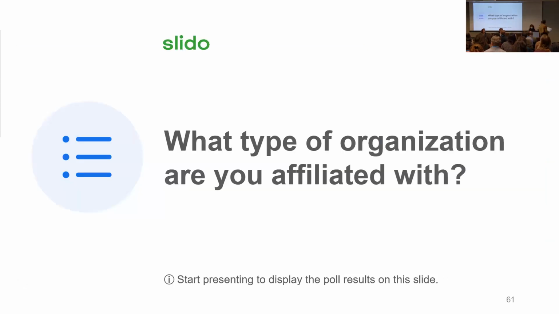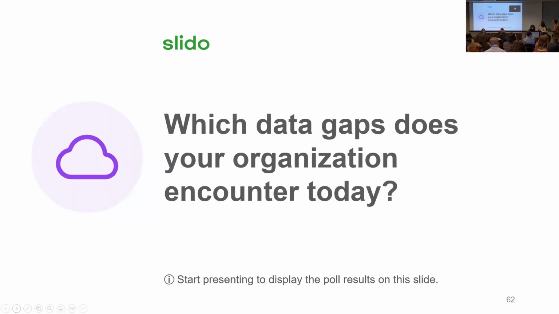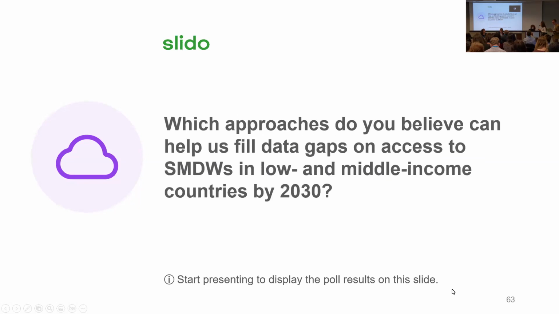Also, while we're just setting up, if you would like to participate, we would be interested in asking you 3 questions. So, which organization are you affiliated with? Which data gaps does your organization encounter today? And which approaches do you believe can help us fill data gaps on access to safely managed drinking water in low and middle income countries by 2030?